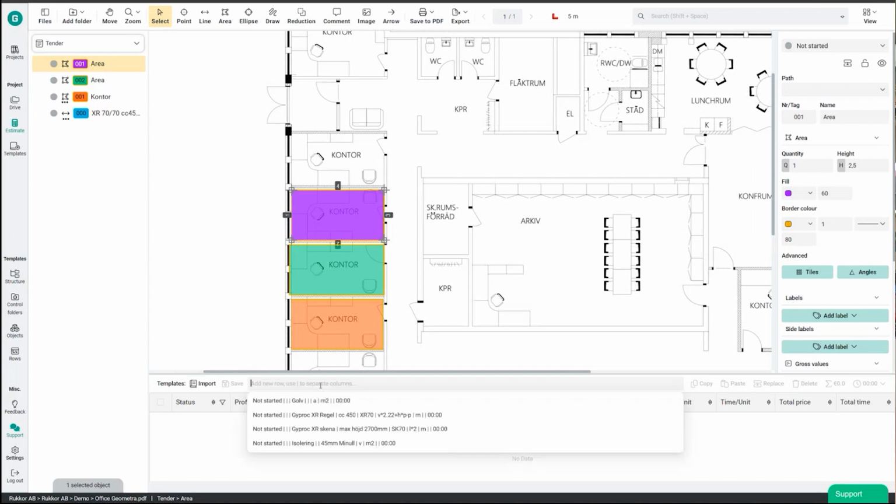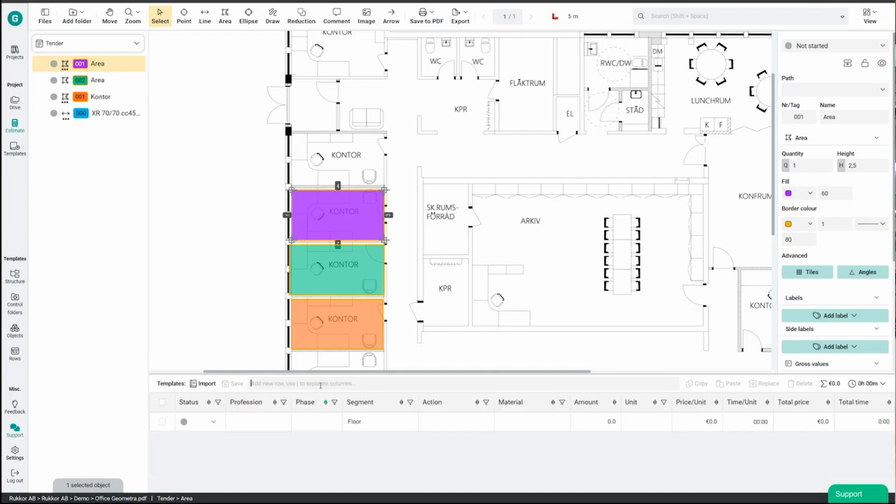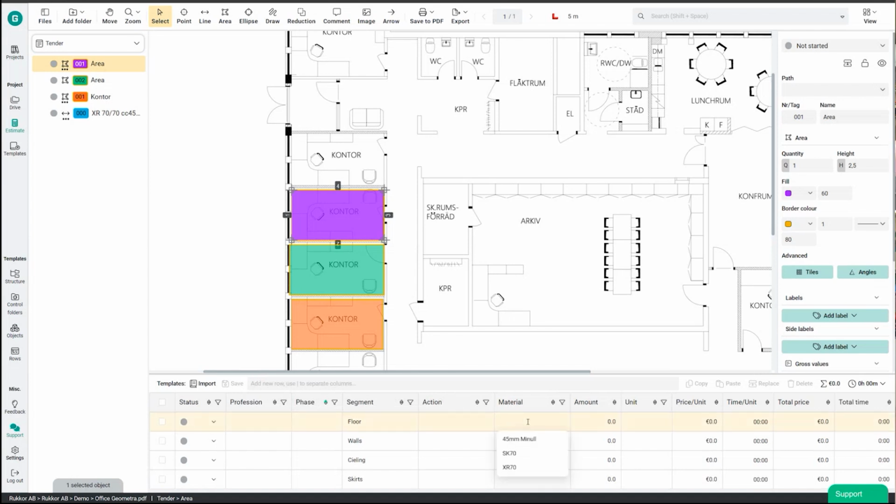First of all, I'm going to describe for the program what I want to know about this object. So let's say I need something from the floor, the walls, the ceiling, and let's put in some skirts. The material column is now there for you to put in some more information. For example, if it's a parquet floor, oak,